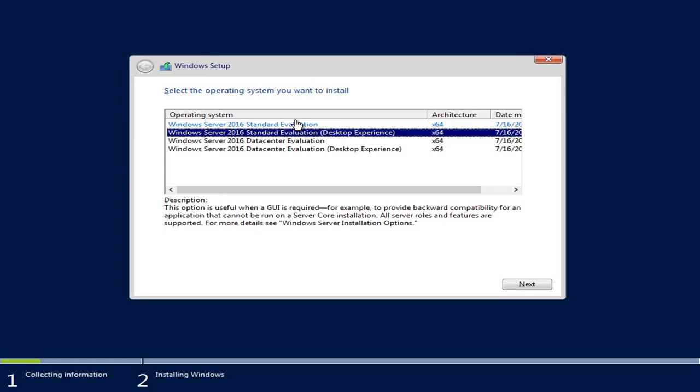And of course, depending on your environment and your requirements, you may need to have the Core version only because you think it's going to be more stable, as Microsoft recommends. If you want stability, go ahead and install the Core version, or if you want, you can go with the Desktop Experience, where you have all the GUIs available, and with 2 clicks of the mouse you can configure things as usual. So I'm going to click next,